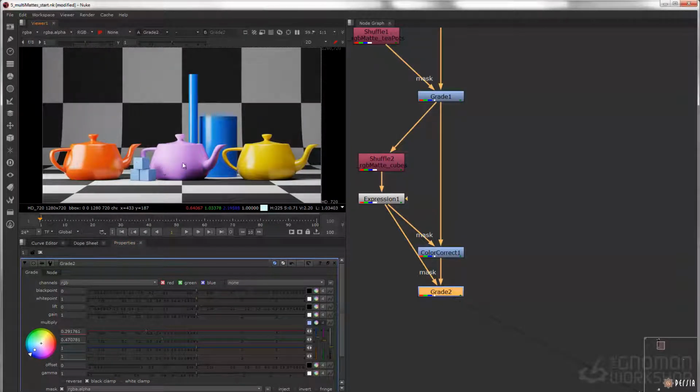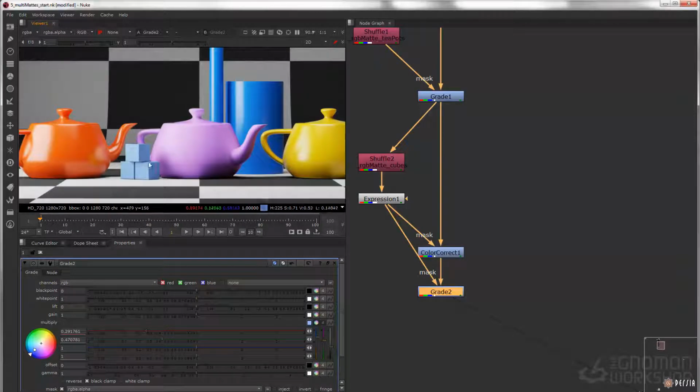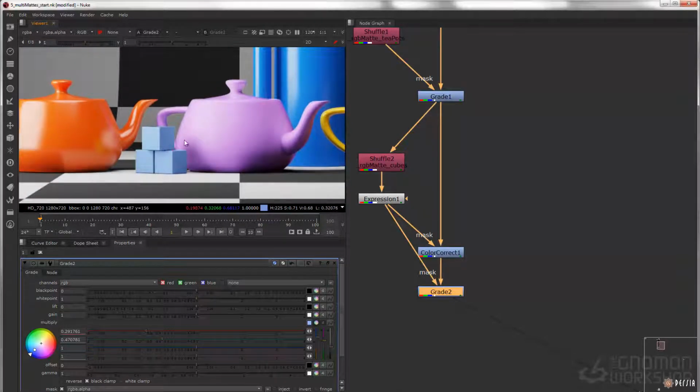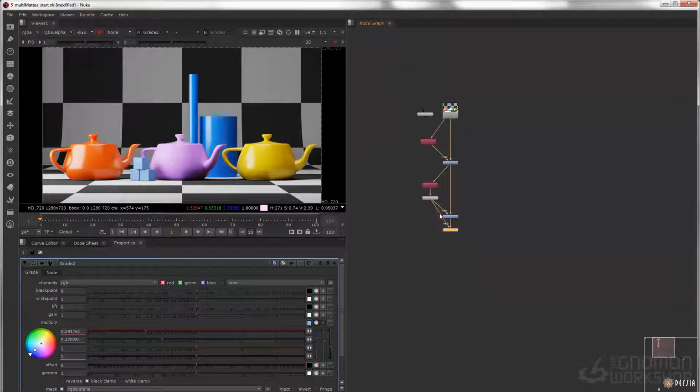So with that said, they're turning out pretty flat, and that's primarily because we're affecting all of the channels together. We're not actually going in and just affecting the diffuse color, so we're kind of colorizing the reflection, the specularity as well, and we don't actually want to do that in this case. So what I'm going to do is